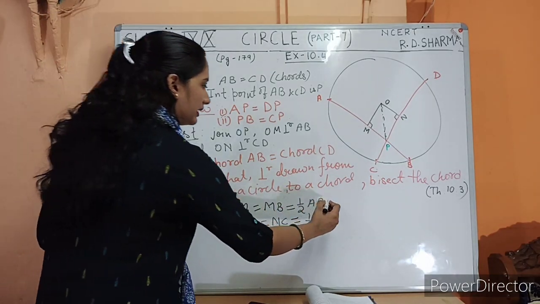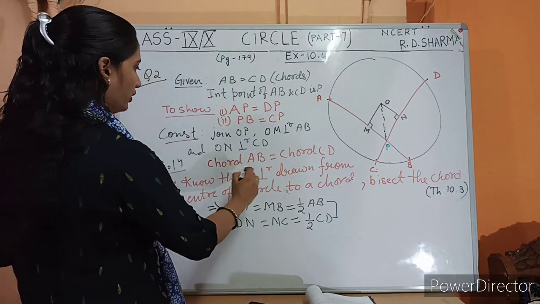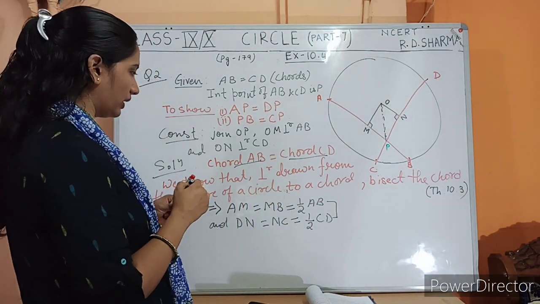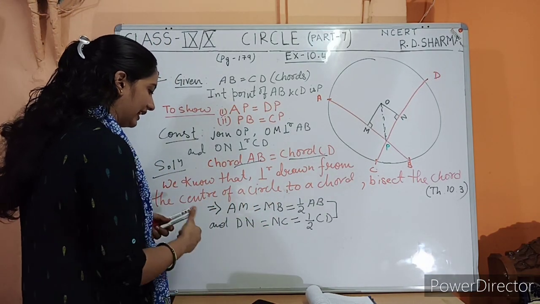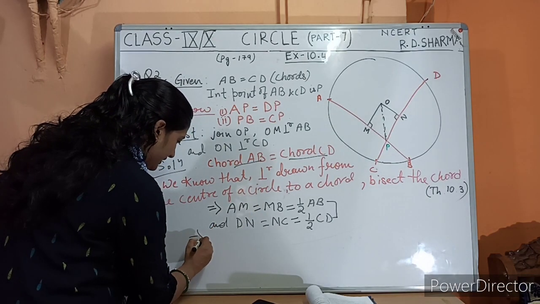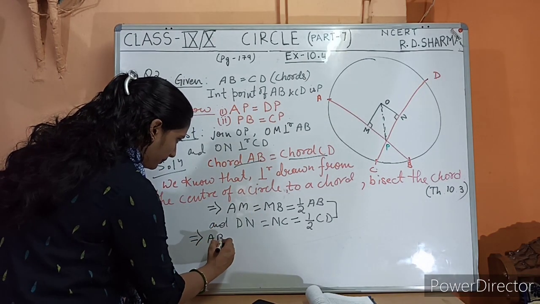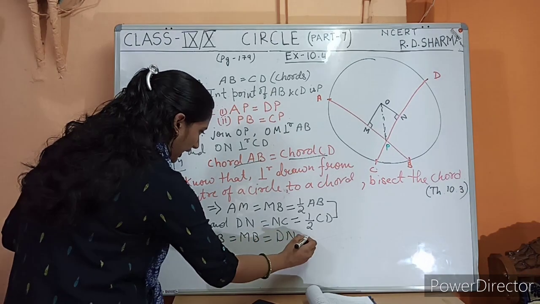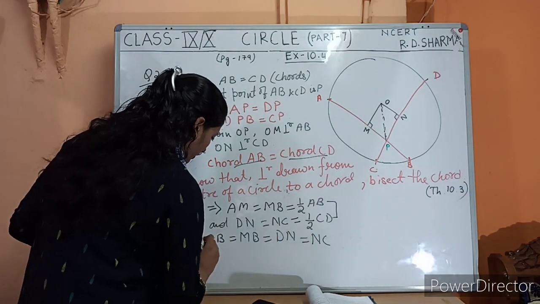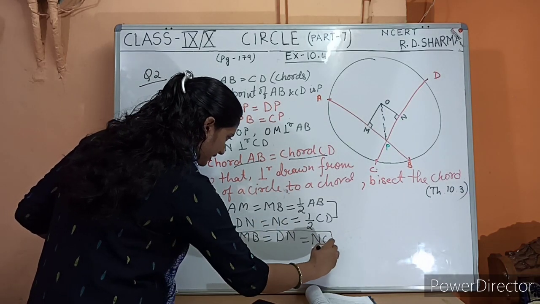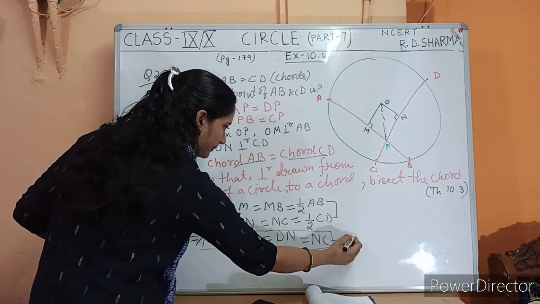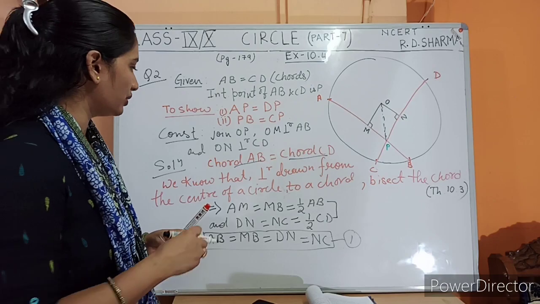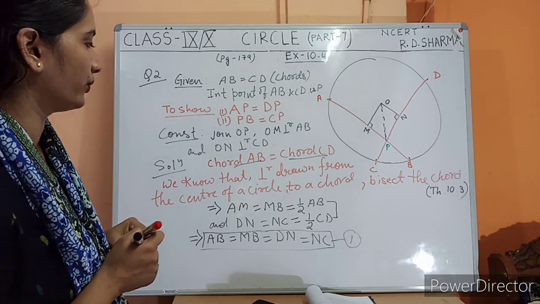Now as these two terms are equal, ये देखो chord AB is equal to chord CD, so obviously the LHS part must be equal, right? So we will write here, this implies that we can write AM is equal to MB is equal to DN and is equal to NC. So this we will consider as the equation number 1. ठीक है, ये हमारे इक्वेशन नंबर 1 हो गया एंड दिस वी आर गोइंग टू यूज आफ्टरवर्ड्स इन द प्रूफ.